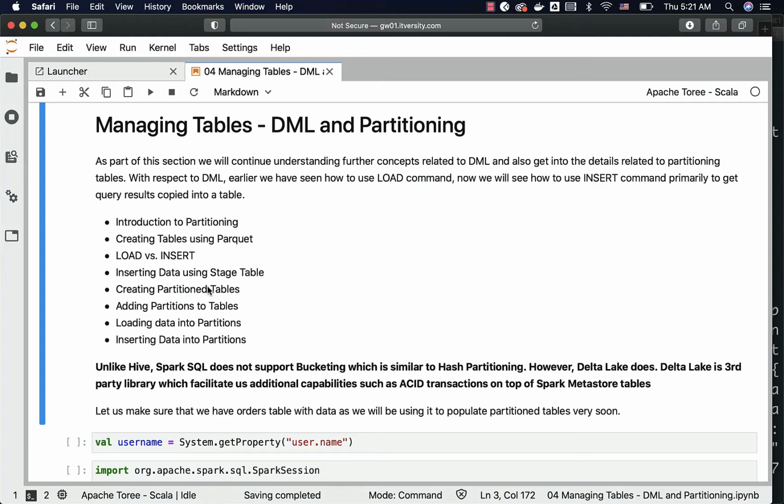This section is very important and also a bit advanced. Unless and until you have gone through the previous sections and understand some of the concepts, if not all, you will not be able to get value out of this. So make sure you go through the previous sections before coming into this.